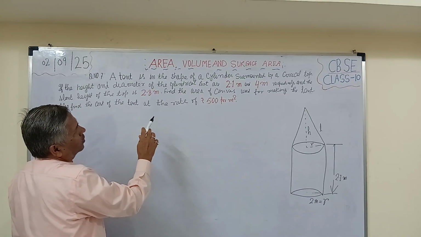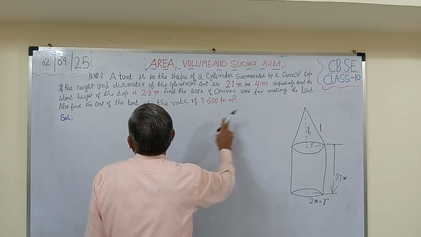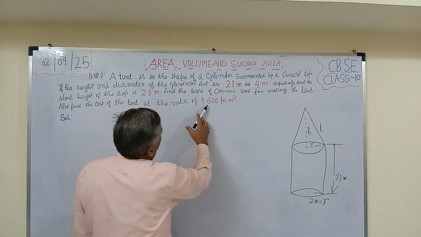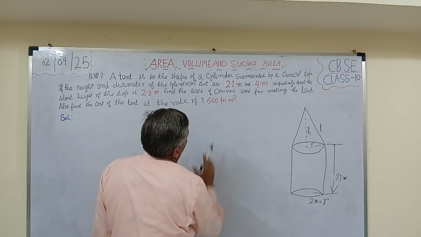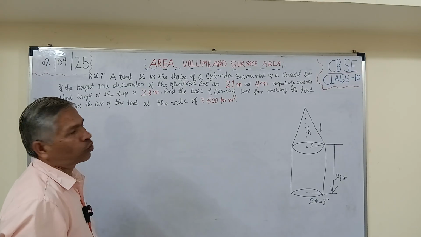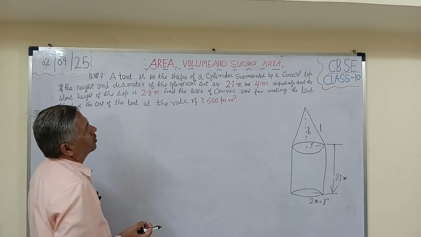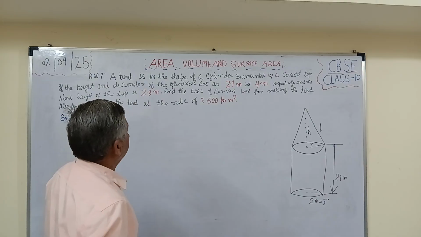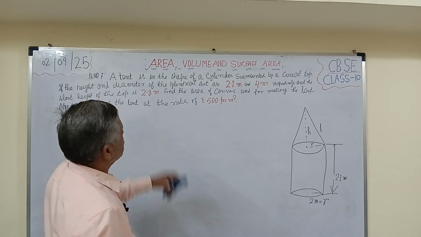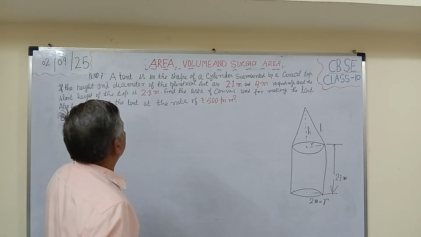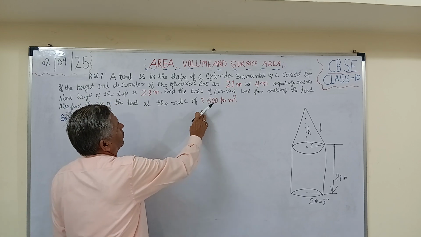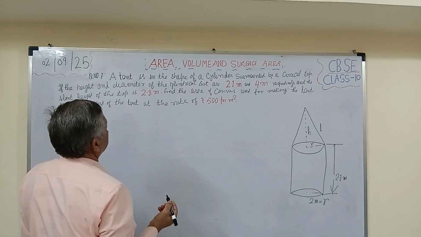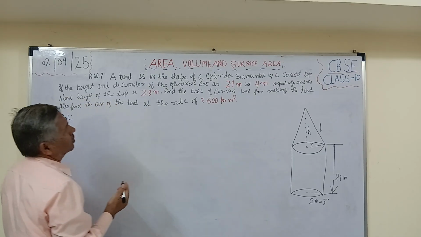Also find the cost of the tent at the rate of ₹500 per meter square. सो इस क्वेश्चन में हमसे दो चीजें पूछी जा रही हैं। पहला है सरफेस एरिया ऑफ द कैनवास एंड सेकंड है कॉस्ट ऑफ द टेंट, अगर 500 रुपीज पर मीटर स्क्वायर है। सो टू सॉल्व द क्वेश्चन वी शुड प्रोसीड एज